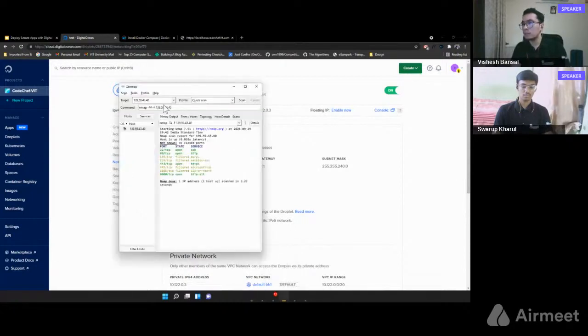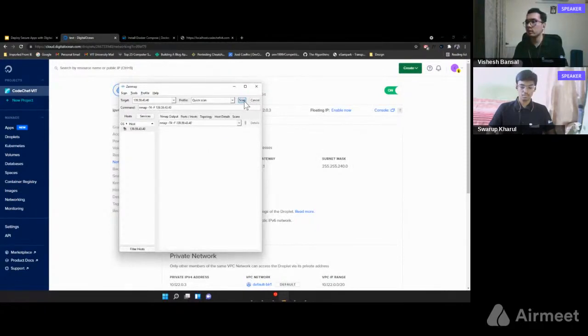Let's say I do a quick scan. This is called Nmap, and the GUI version of this is called ZenMap. What ZenMap does is it is used as a tool to find all open services. So I'm just going to perform a quick scan, and it's asking me for permissions. So yeah, I'm giving it the permissions. It initializes the scan, and we see these ports are exposed.